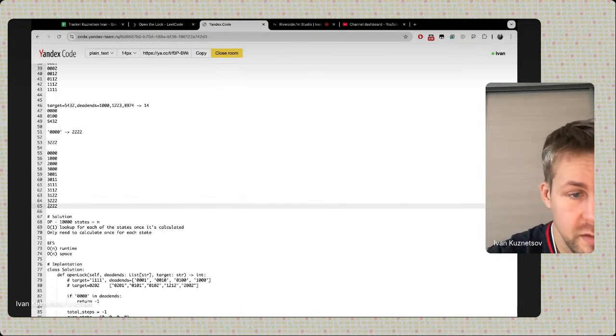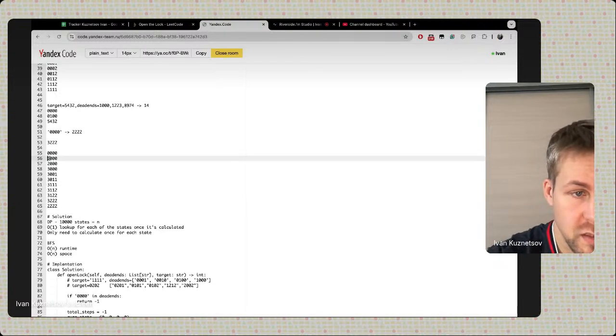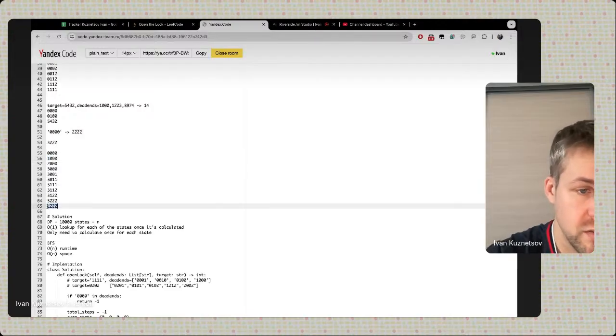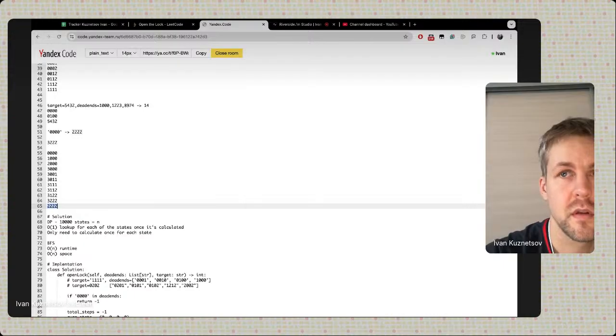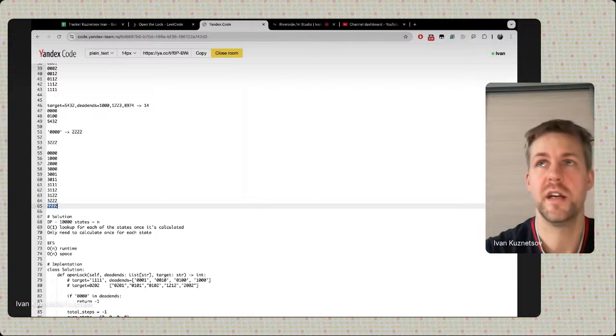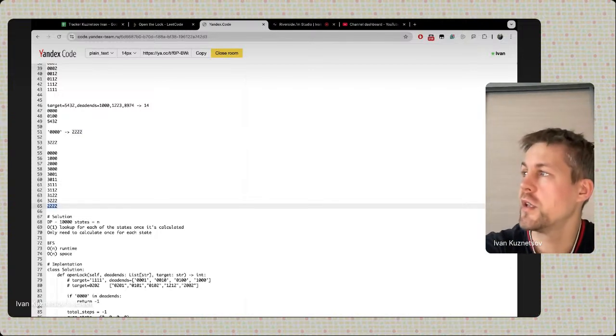way for us to get to this number is to first rotate this first digit to 3, or to whatever the number is, and then move back 1 step to get back to 3 2 2 2 2. Because if we didn't do that first, then we would need to visit a dead end. So what I was initially thinking was that we never need to go back, and in